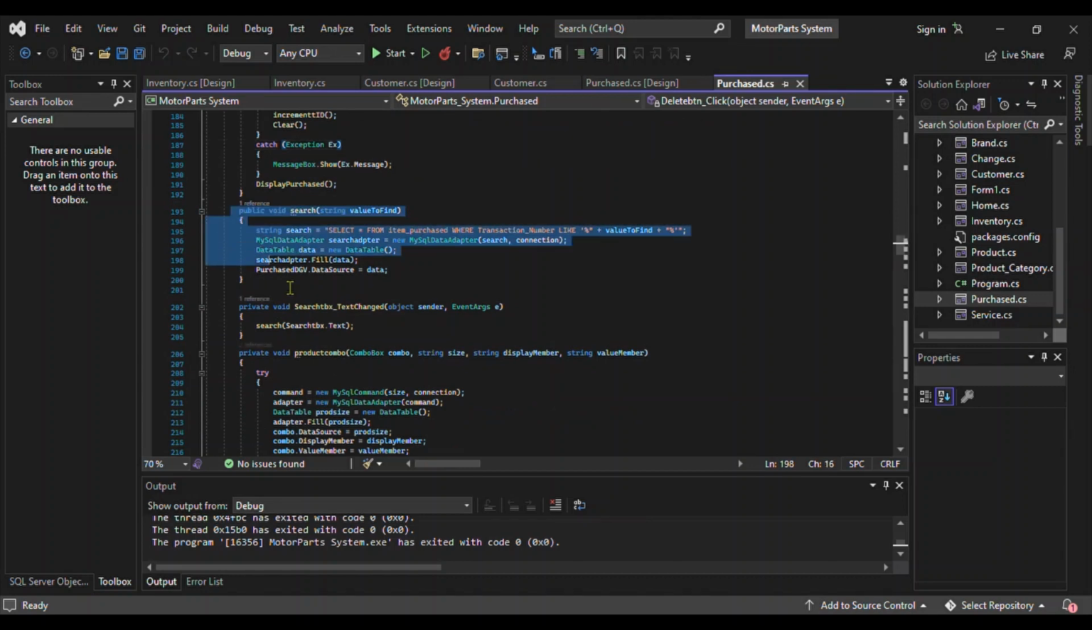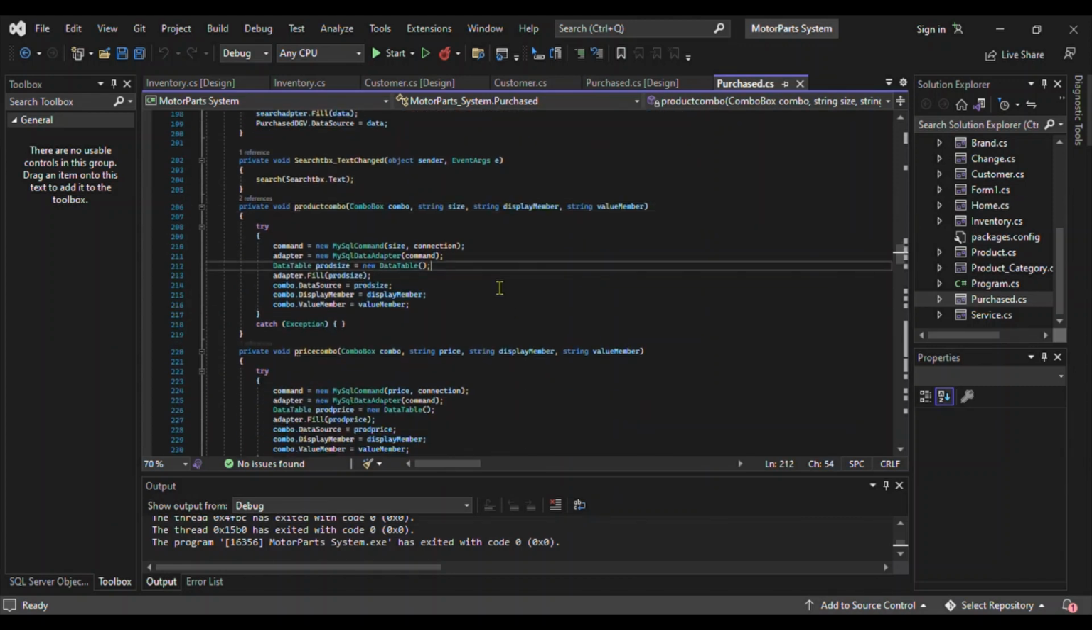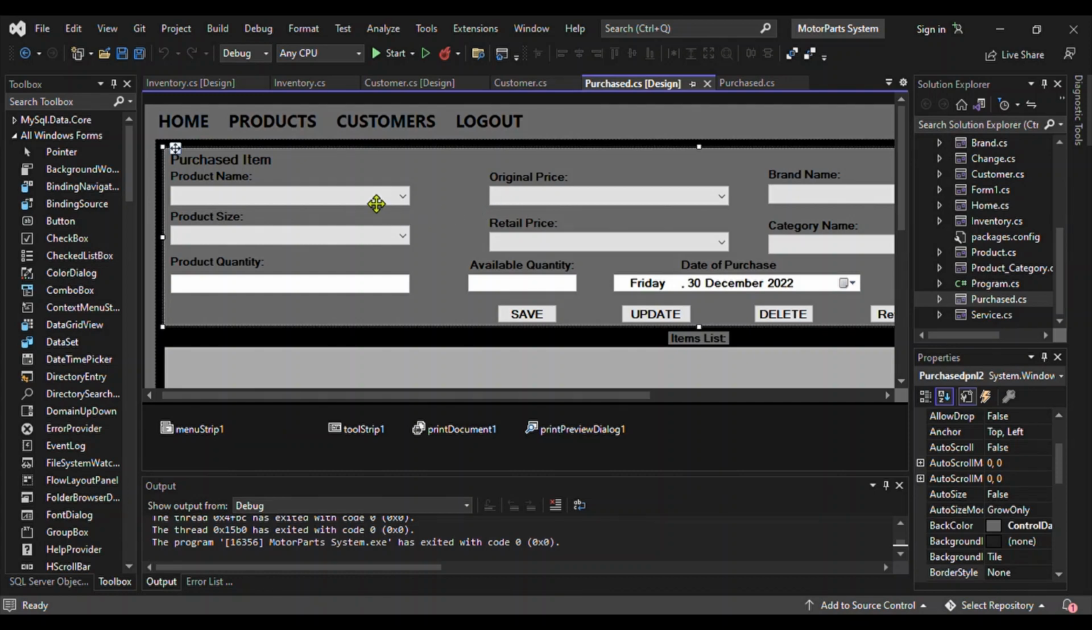Search query. The search query, just put in the search text box. Then this is the query for our combo box that it is going to call from the other form into this form right here. This combo box, this one, this one, this one, and this one. The value of this combo box, we are going to get into the form of the